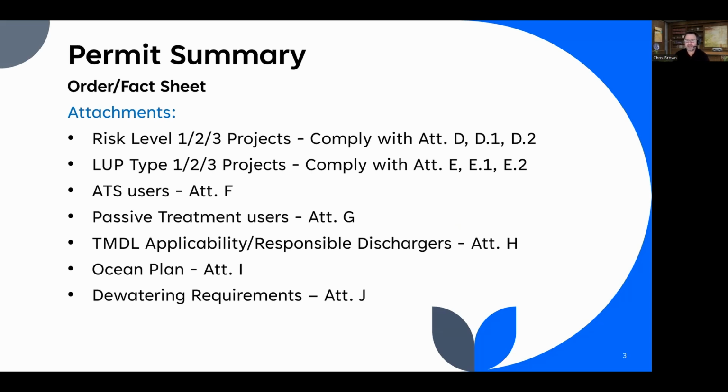The permit is divided into two main sections plus the attachments. The order is essentially the rules. There's lots of requirements that are straight out of the order. I reference the order all the time. For traditional projects, all the requirements are in attachment D, and for linear overhead underground utility projects, the requirements are in attachment E. This permit has been simplified. They added a lot of new topics, but it has been simplified in its design, its layout